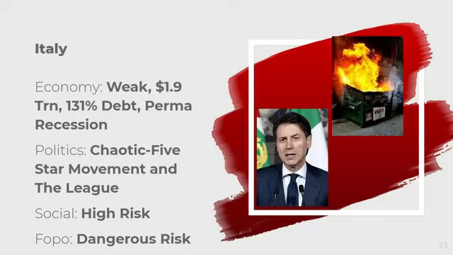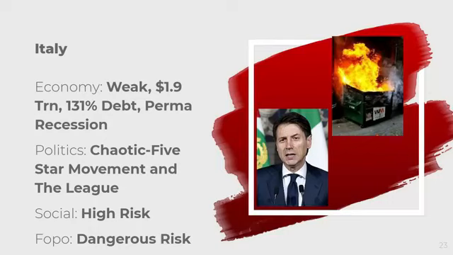they're just going downhill. And the thing is, the chaotic Five Star Movement and the League are not going to negotiate. They were elected because they said they would work against the European Union. And here's the funny thing. If they do leave the European Union, they would have to pay a divorce bill that would cost billions to even trillions of dollars, putting them more in debt. And they would lose access to the euro market, which is the main market they rely on for exports and cheap imports, something that they need now more than ever.